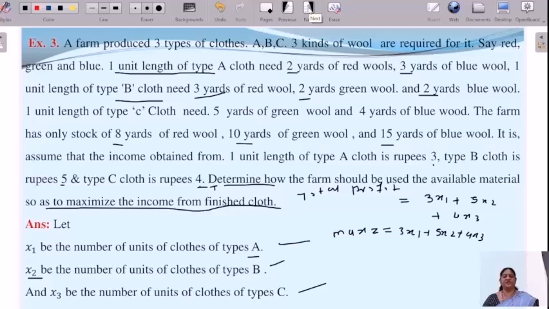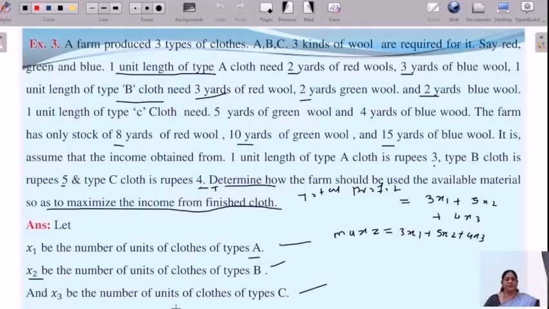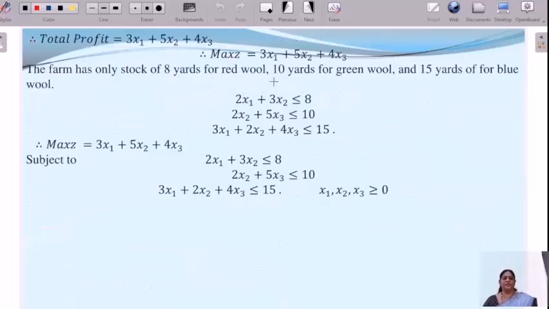Therefore, the constraints are 2x1 plus 3x2, because type A cloth does not use the third wool. Therefore, it is 2x1 plus 3x2 less than or equal to 8